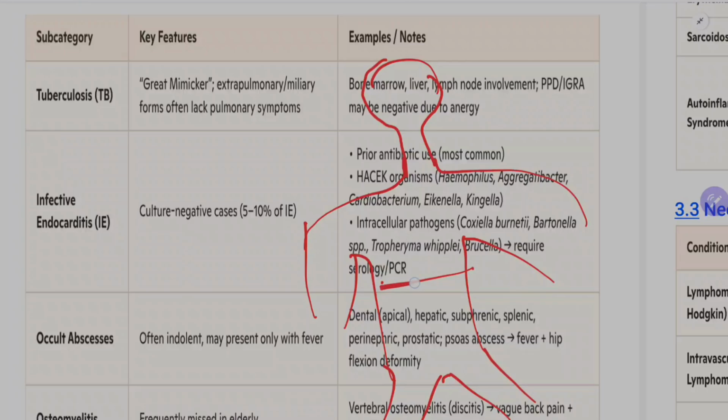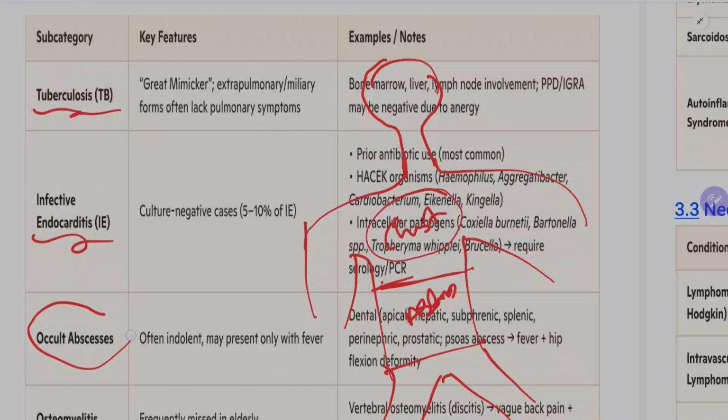So this is the chest, this is the abdomen. Okay, this is chest, this is the abdomen. So common causes include, number one is tuberculosis, so it is a chest cause. Infective endocarditis, again it is a chest cause. Acute abscess in abdomen, this is an abdomen cause.